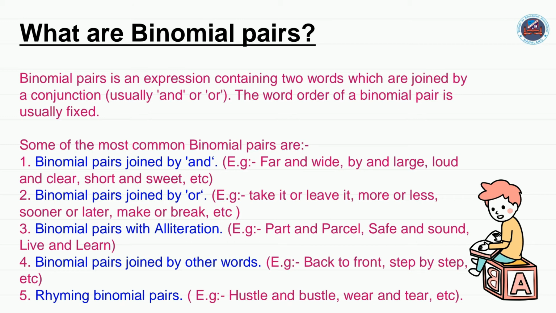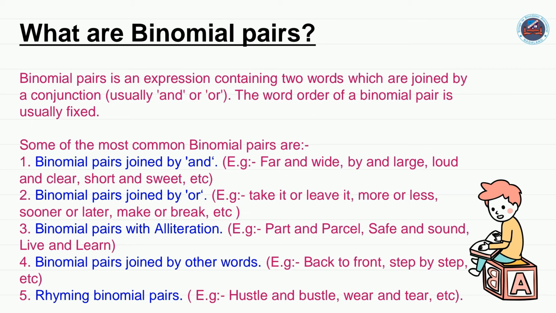Lastly, let's look into binomial pairs. Binomial pairs is an extreme form of collocation. Words joined by a conjunction. Some of the most common binomial pairs are binomial pairs joined by and. Second, binomial pairs joined by the word or. Third, binomial pairs with alliteration. Fourth, binomial pairs joined by other words. Fifth is rhyming binomial pairs. For more binomial examples, let us